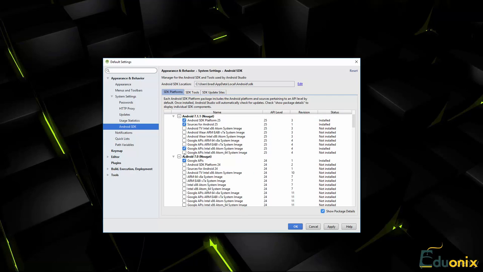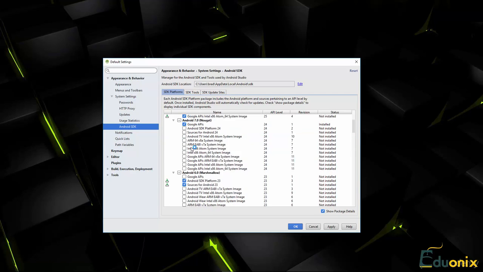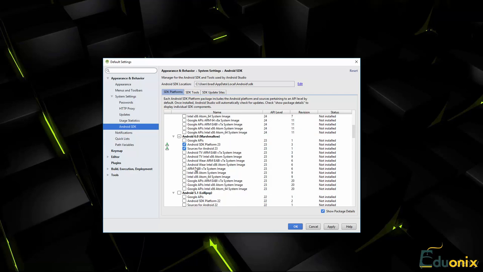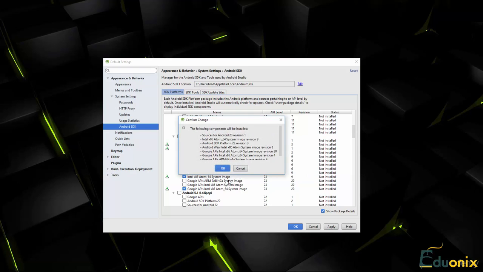And let's also click Show Package Details, and you also want a system image. So we're going to grab, let's see, this one here, Atom64. I'm also going to grab this one and this one here. And then we're going to go down to Android 6.0 and grab that one, that one, and I think that should be good. If you're on a 64-bit system, you just want to grab one or two that have this _64. Alright, and then we're just going to click Apply and OK,